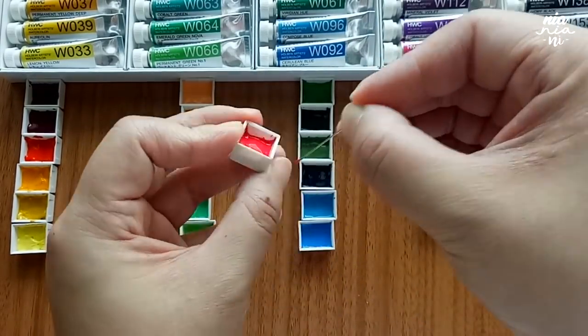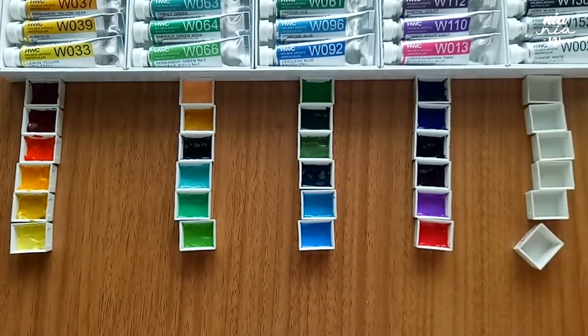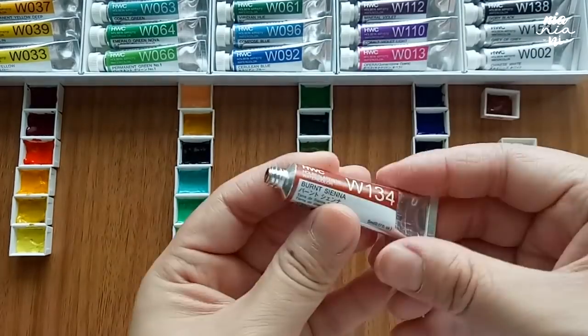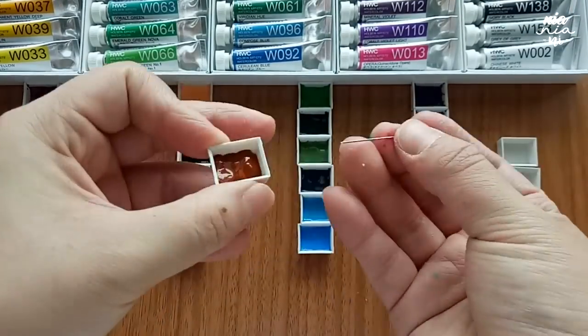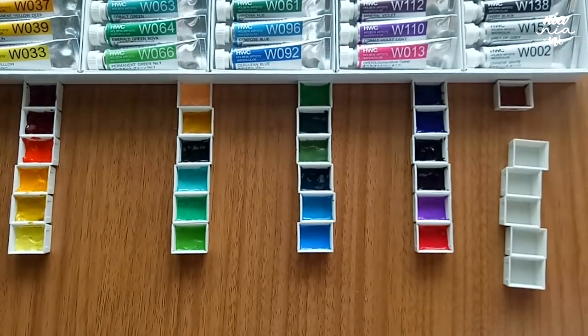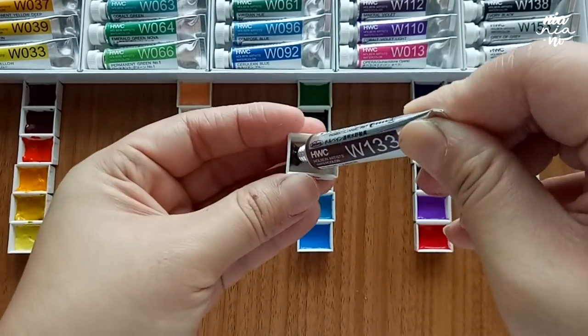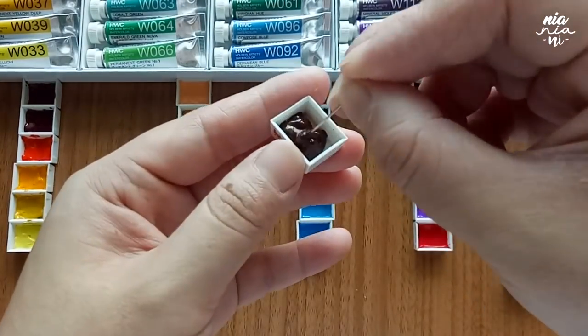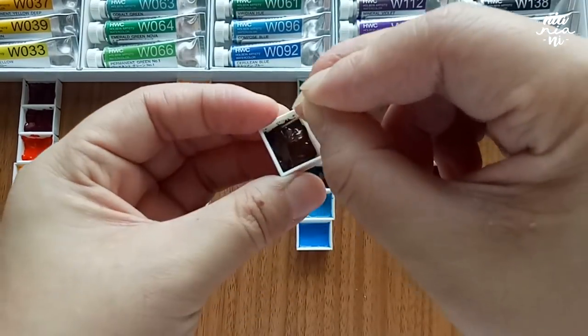Each one of these colors, when they dry off, also gives off a different sheen. They're mostly very shiny, but the light purple that I was talking about before has more of a matte look compared to the other colors. And I'm not sure if this has anything to do with the granulating effect or not, but yeah, I just